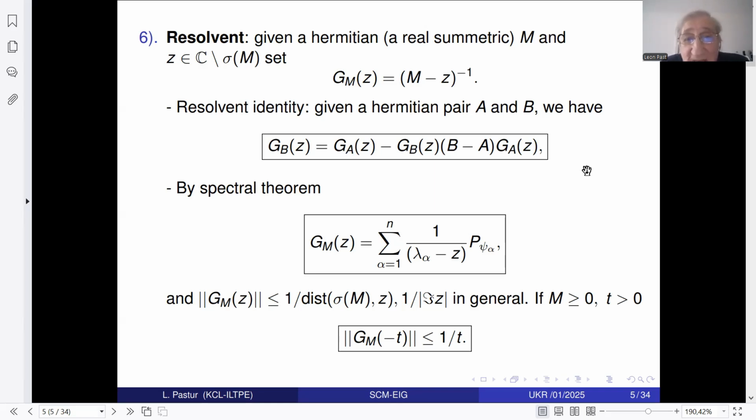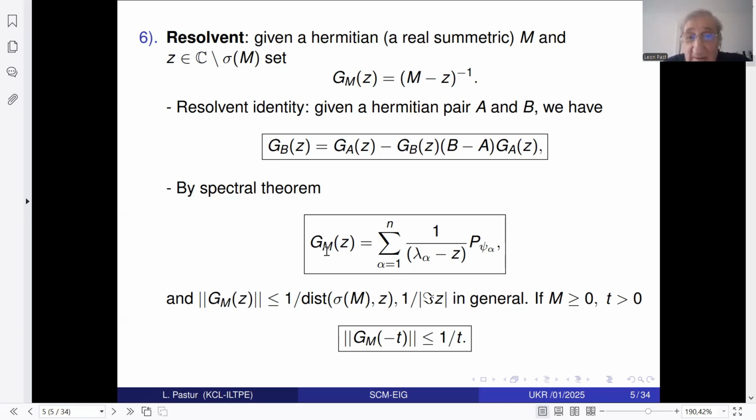It is just the difference of two inverse powers, but because usually these matrices do not commute, you have to write this thing in the appropriate order. And the second thing about the resolvent: by the spectral theorem, it can be written in that form. And it follows immediately from this formula, from the spectral theorem, that the norm